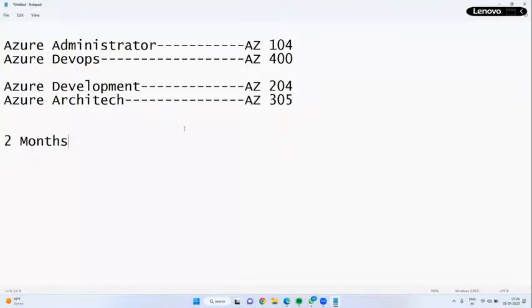Every day 1 hour, and I will take Saturday and Sunday also, 1 hour. So 30 days for Azure admin and 30 days for Azure DevOps, right? Yes, 1 month Azure Admin, 1 month Azure DevOps.